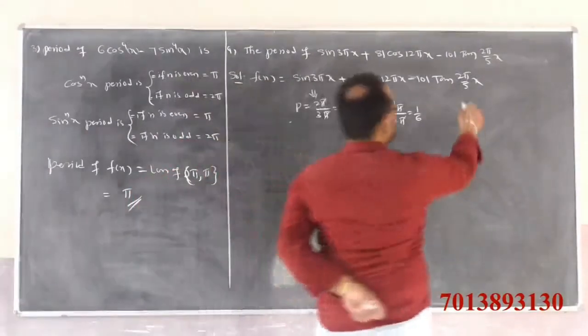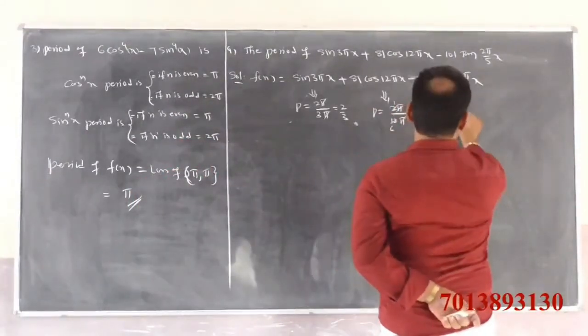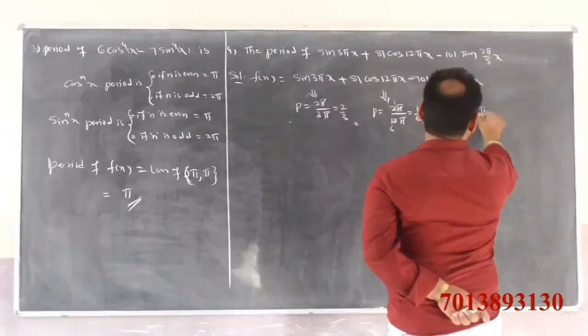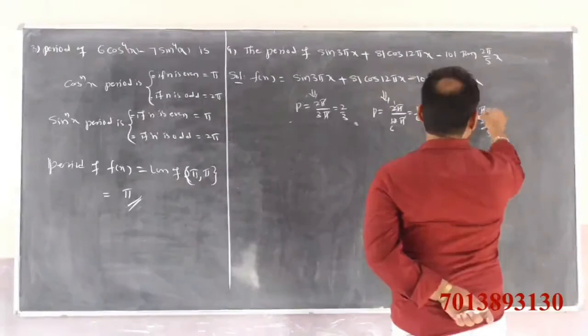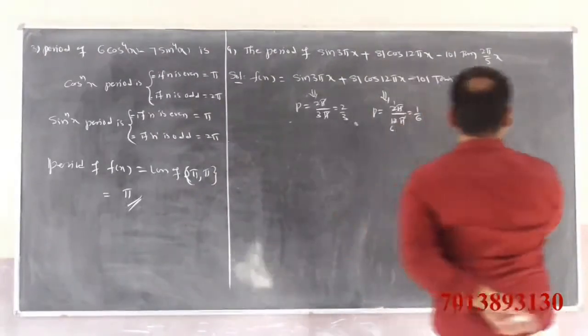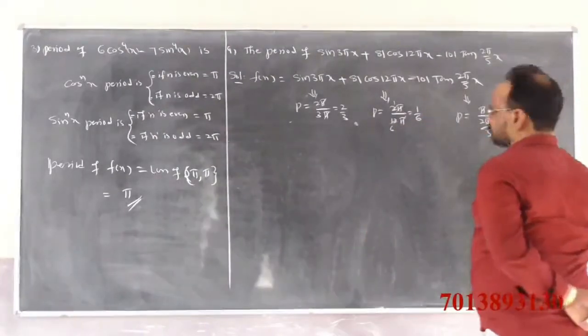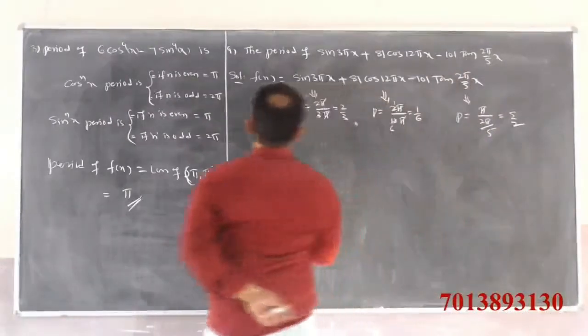What about tan ax? The period of tan ax is clearly pi by mod a. Pi by mod a, that is pi by 2 pi by 5. So pi and pi get cancelled, we get 5 by 2. Yes. The period is 5 by 2. Therefore, the period